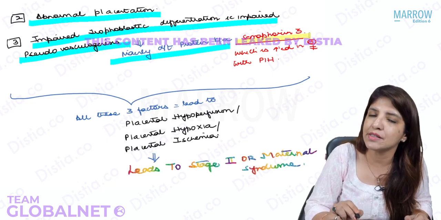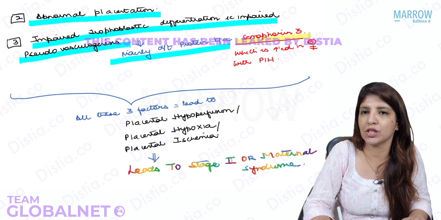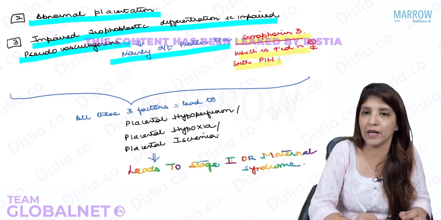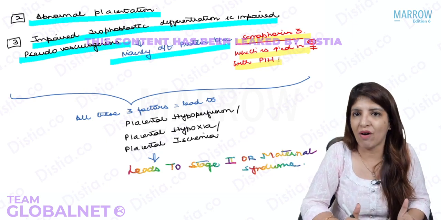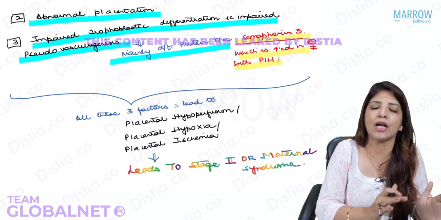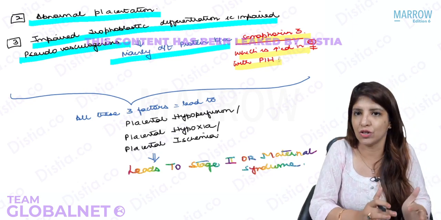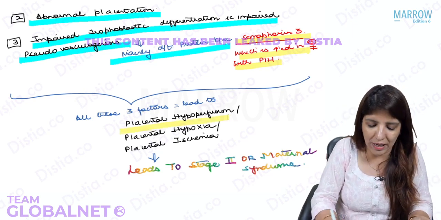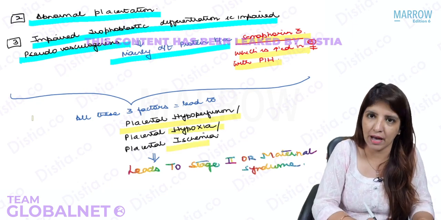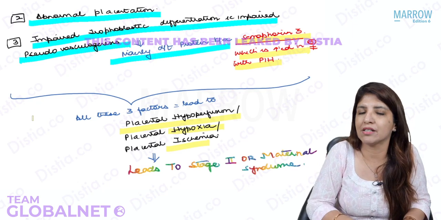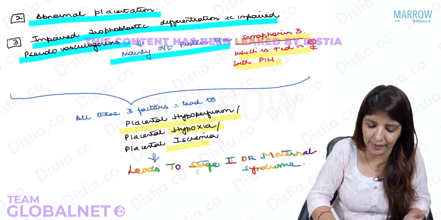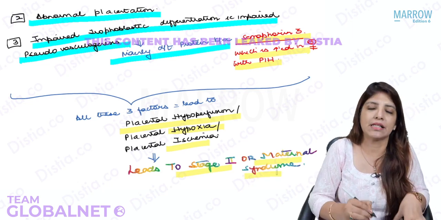And it is the semaphorin 3 protein which is increased in a pregnant female with PIH. So all these 3 factors, abnormal vascular remodeling, abnormal placentation, and abnormal pseudovasculogenesis, lead to placental hypoperfusion, hypoxia, or ischemia. And because of placental hypoperfusion comes the next stage, or stage 2, and that stage 2 is maternal